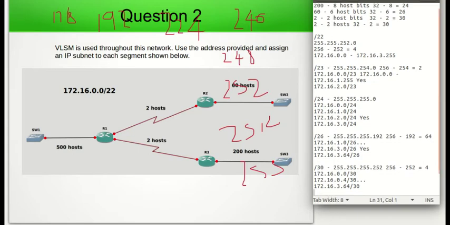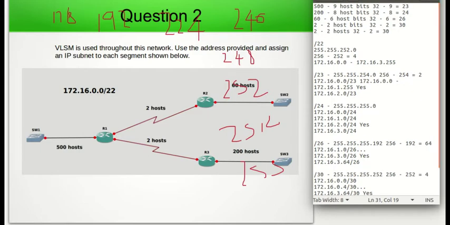172.16.3.64/30. Then 172.16.3.68/30. And so this would be assigned to one WAN link, and this would be assigned to the other WAN link. So as you can see, with VLSM masking, if you follow the process that I showed you in the previous video, and you list the segments in order